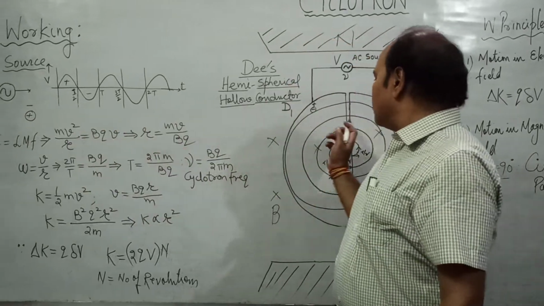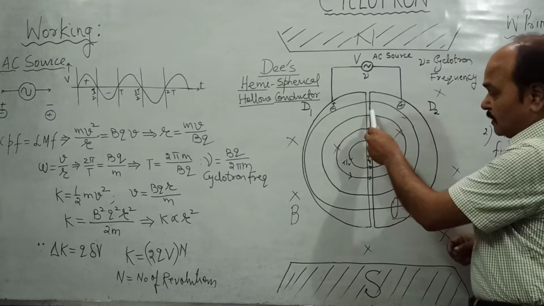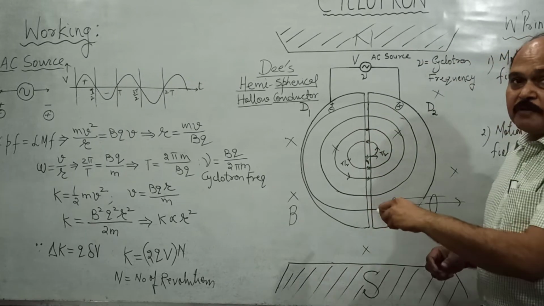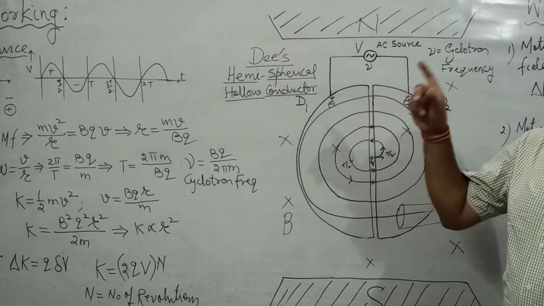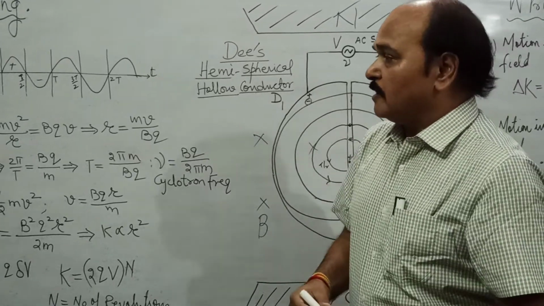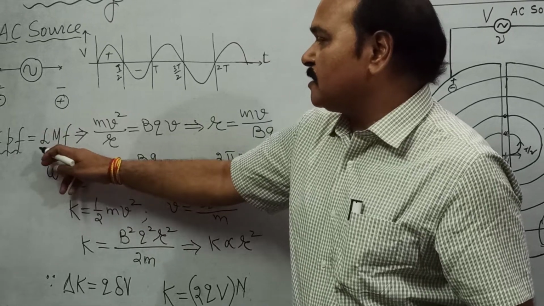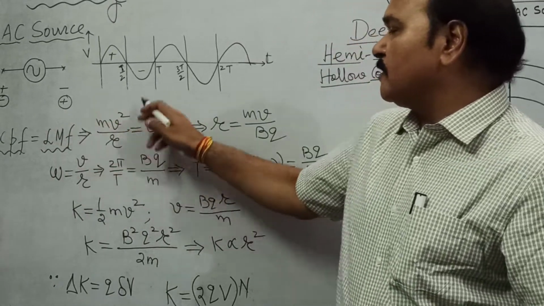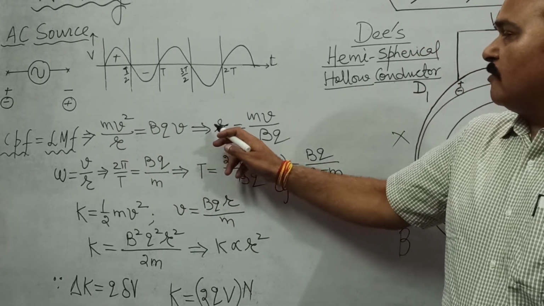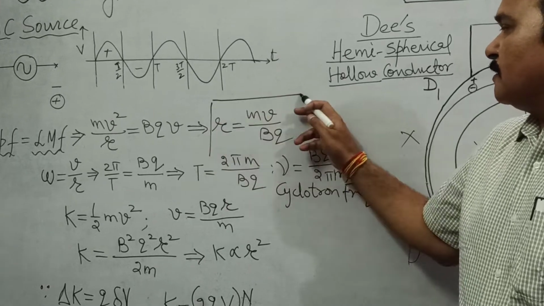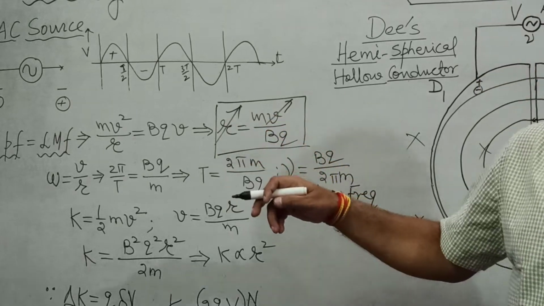As the charged particle moves on a semicircular path, the speed of the charged particle is not varying. The speed of the charged particle changes only in this gap because of acceleration by the electric field. Thereafter it moves on a circular path with constant speed. Well, as the charged particle moves on a circular path, we know the centripetal force required for circular motion is provided by the Lorentz magnetic force, and if we equate the two, mv square by r, the centripetal force, is equal to bqv. Well, r is equal to mv by bq. So as the velocity increases, the radius of the charged particle's path increases.